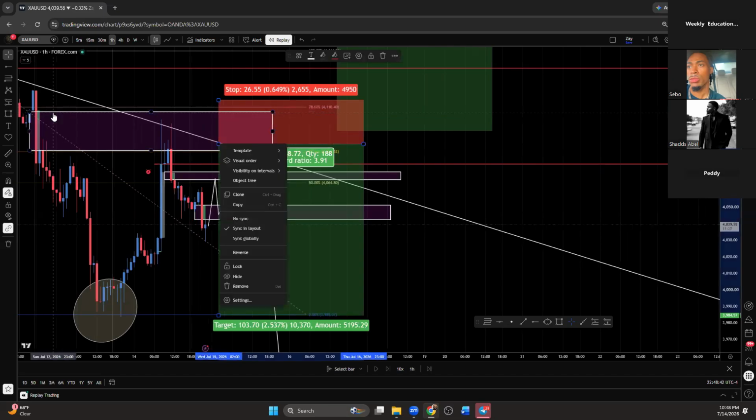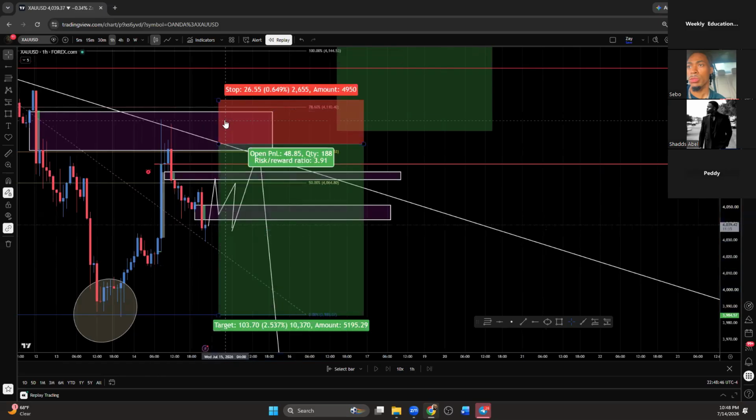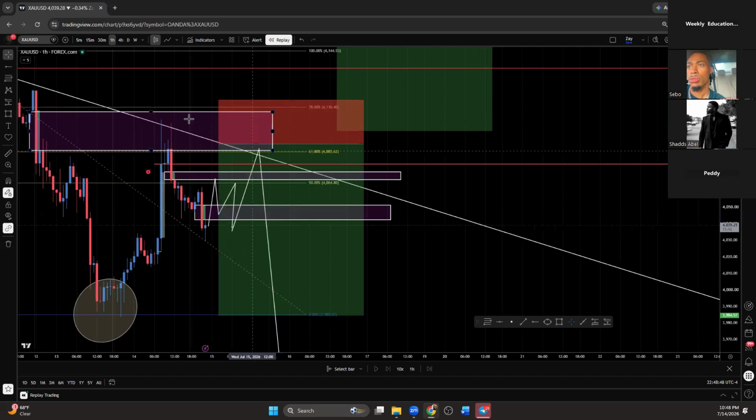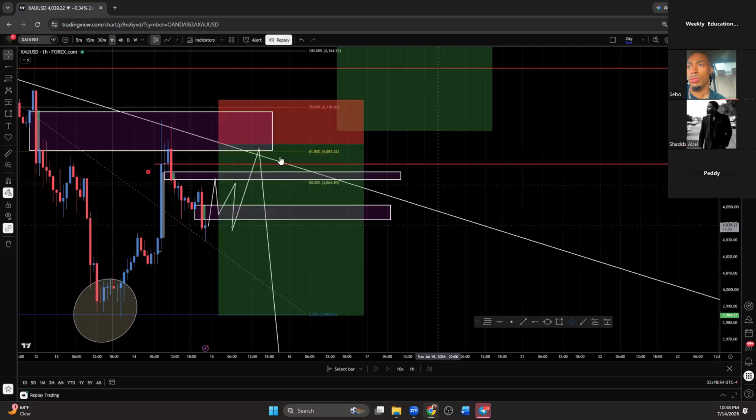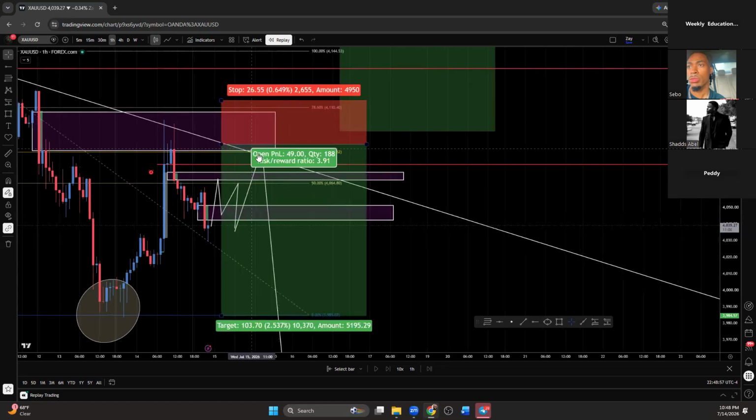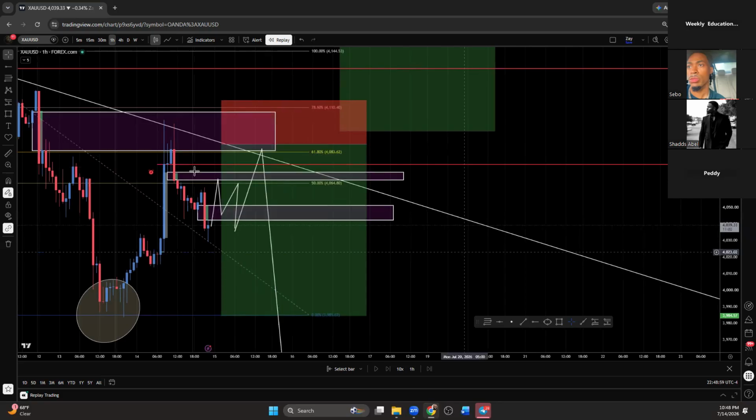Doesn't mean we will test it, but I'm not gonna be too greedy and say, oh, I want market to come all the way up here, because then I'm breaking the trend line and I might be breaking structure next. So I don't want to get up into that. I want to see market reject this trend line, because this is diagonal resistance. I want to see market reject that and drop lower. This is what I'm looking for.